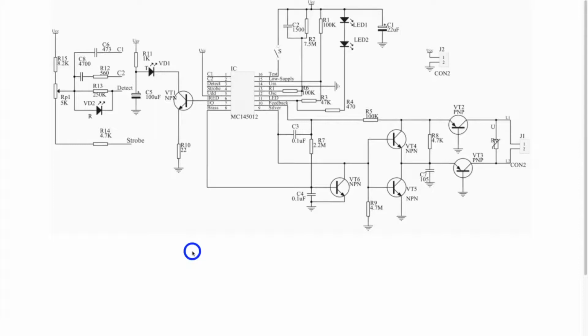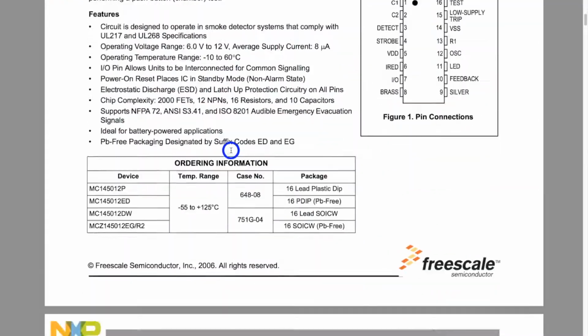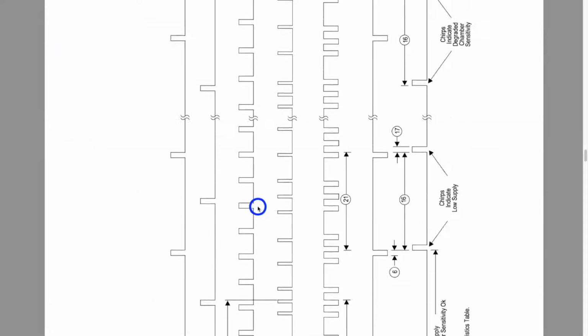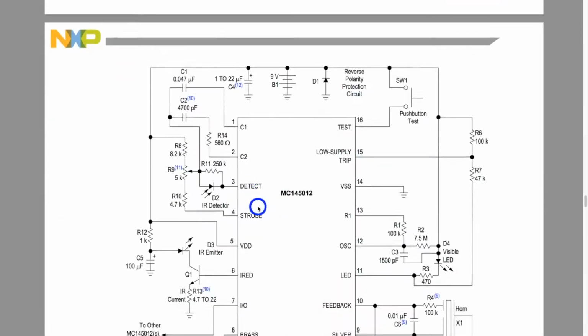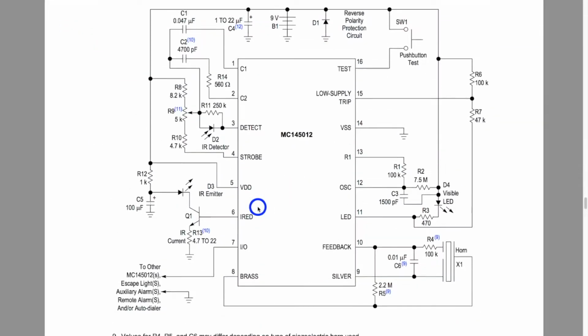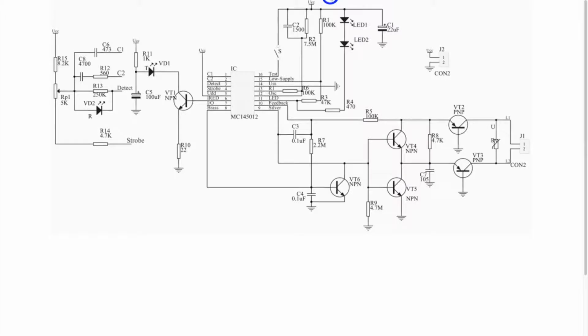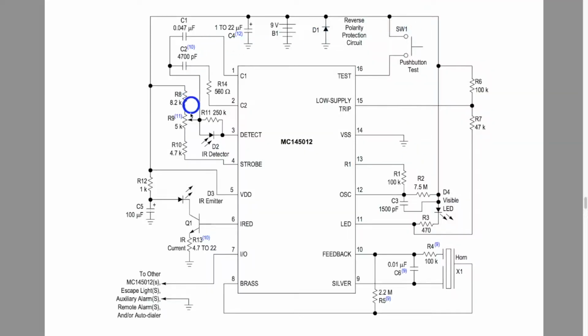The base of the circuit is this special IC, which is a smoke detector IC. And if you see its data sheet, then you will see its block diagram, a lot of technical parameters, waveforms, and here is the base connection diagram, and it is very similar to this one. Of course the elements are arranged a little differently, but the same values are between the same pins, except this horn, because in that circuit there is no horn,